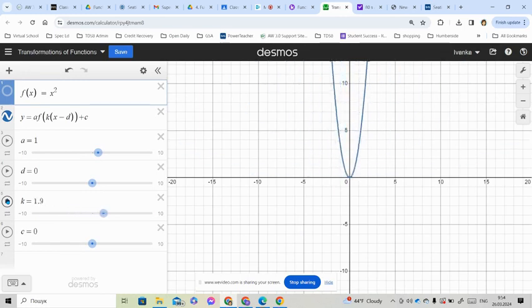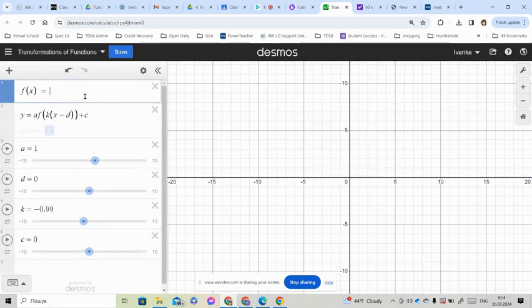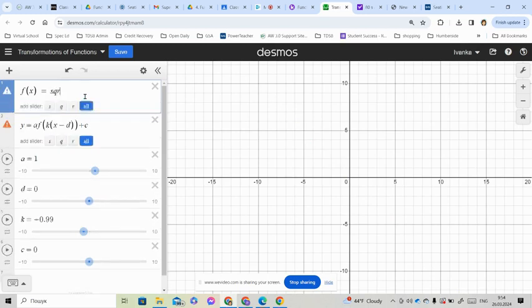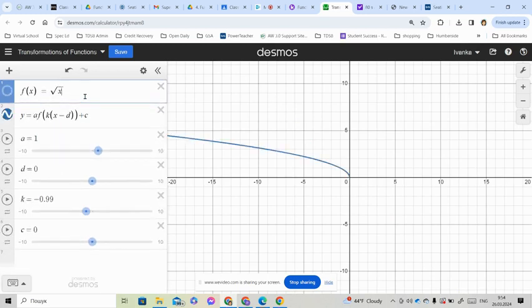So if you knew nothing about the K, what would you tell me is changing? The A, right? You would just say, oh, that's a vertical stretch. And in fact, it is. And for a parabola, the vertical stretch and the horizontal stretch do the exact same thing. So we've actually been working on a combination of those. But let's see a function that can show the difference between a horizontal and vertical stretch. So a horizontal stretch,